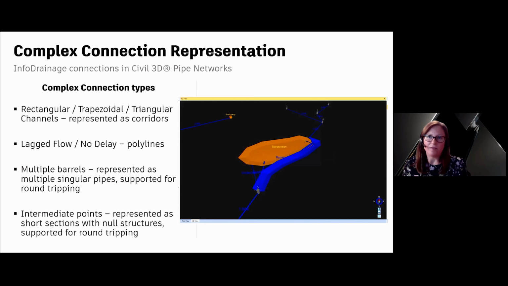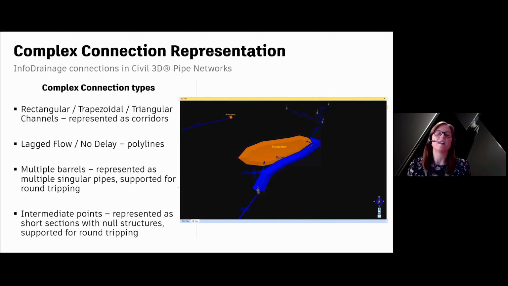Let's discuss some of those complex objects in a bit more detail, because the singular pipes and manholes are fairly straightforward. If we look first at different complex connection representations, singular pipes and box culverts are supported by the native pipe networks in Civil 3D, so the mapping is fairly straightforward.